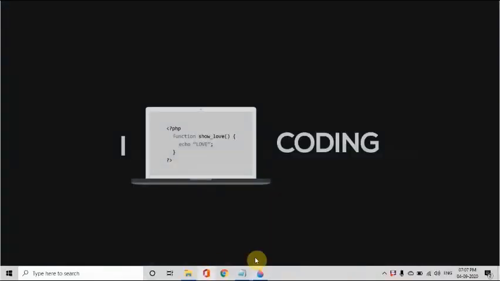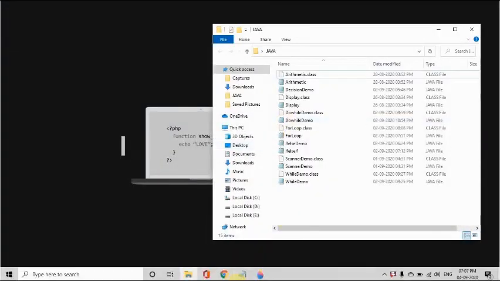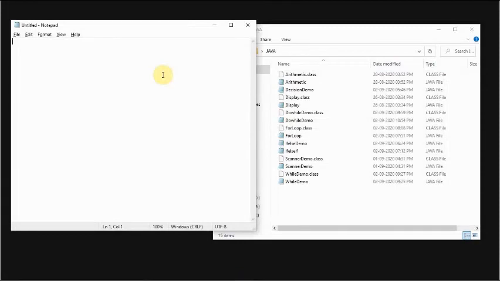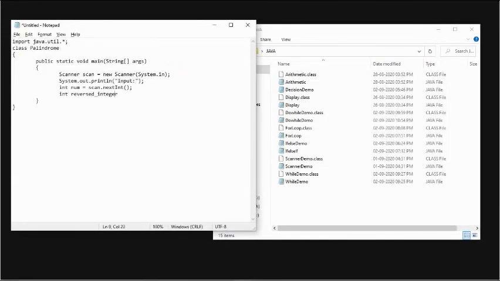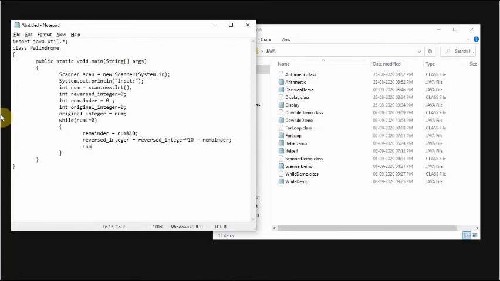So I have a folder called Java, and then I'll open the notepad, I'll write it in a class called palindrome. Now we'll do the conditional statements, the if statement and else statement.